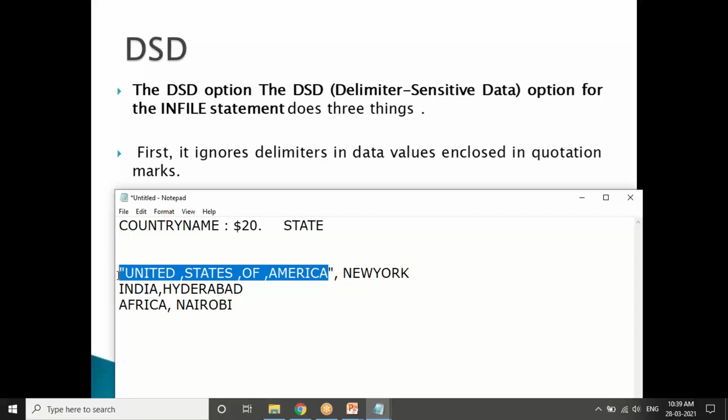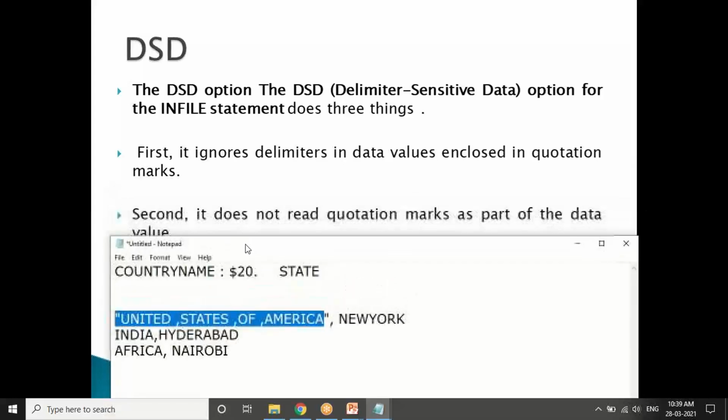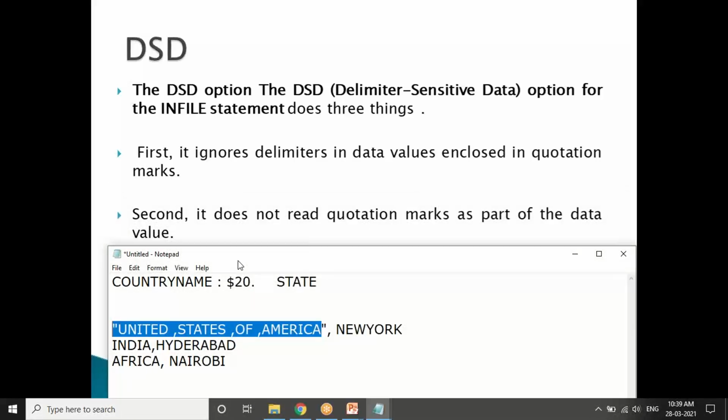Within the double quotation marks, whatever data comes, even if it has some kind of delimiter, it will not be considered. That is the purpose of DSD. The second thing is, as the data is sent in double quotation marks for our understanding purpose, it has no importance, so DSD will eliminate the double quotation marks as a part of the data.